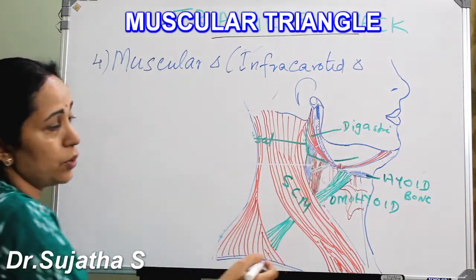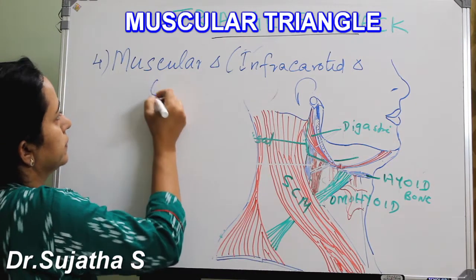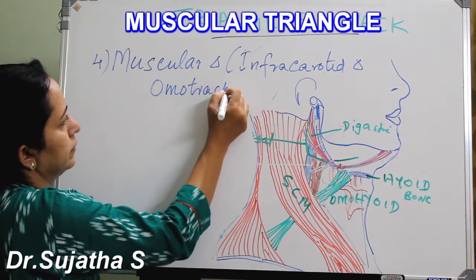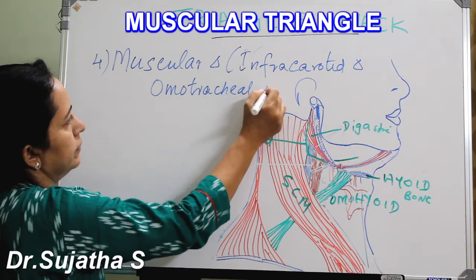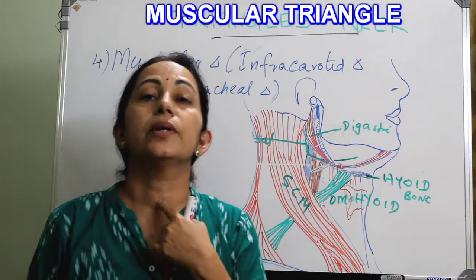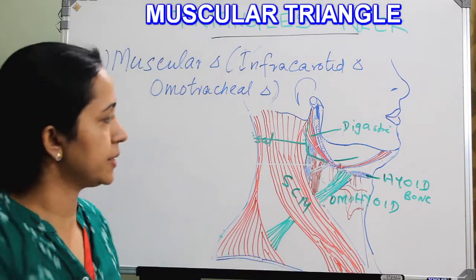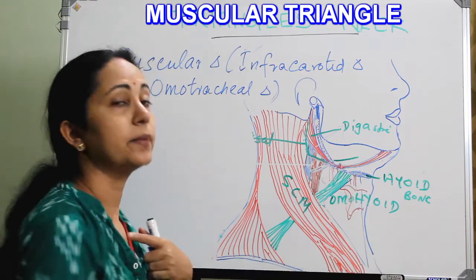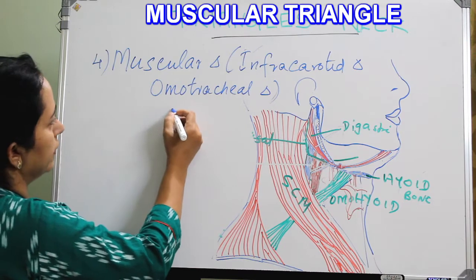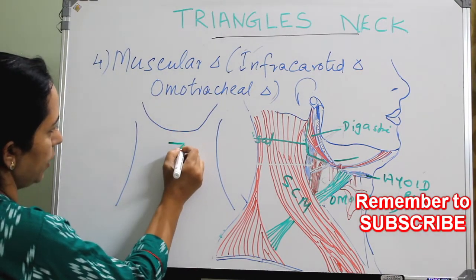Or it is also called the omotracheal triangle. Okay, omotracheal. So the boundaries. One boundary is the midline. The muscular triangle extends from the hyoid bone up to the sternum. So here I will draw the midline. Here is your hyoid bone,